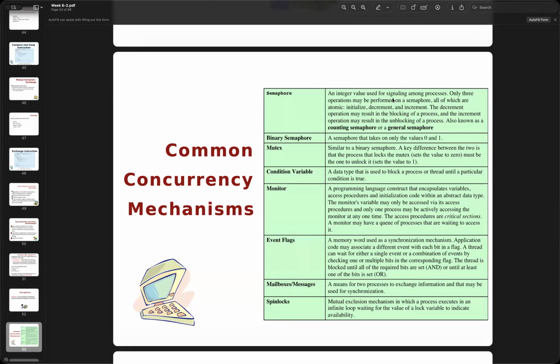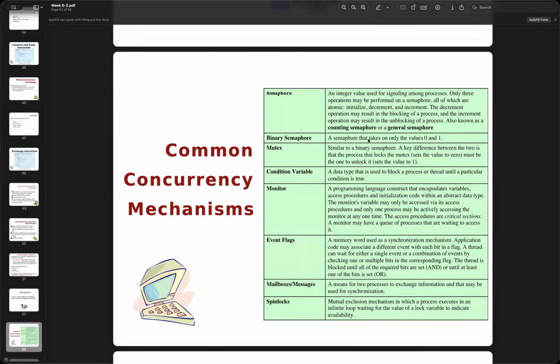Only three operations may be performed on a semaphore, and all of them are atomic: initialize, decrement, and increment. A decrement operation may block a process, and an increment will unblock it.